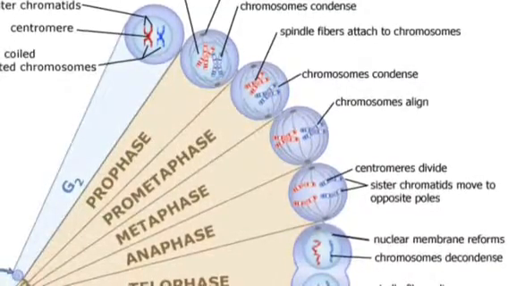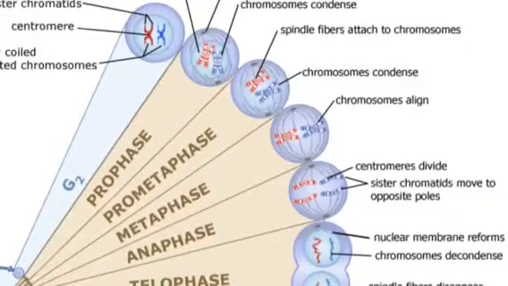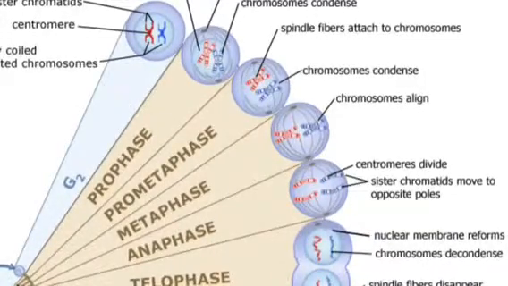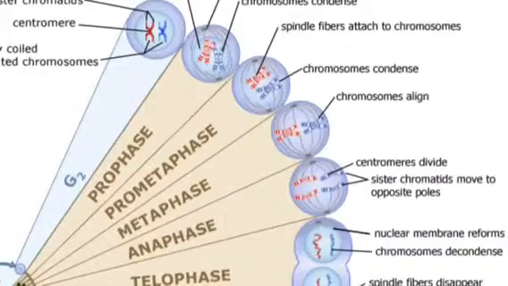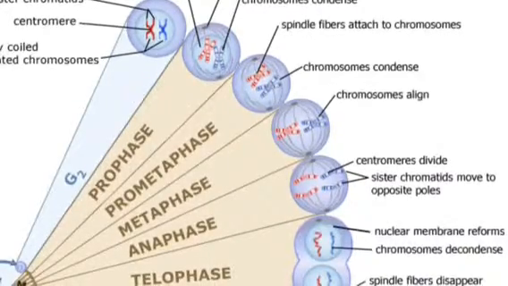Anaphase. The chromosomes separate and move along to the opposite ends of the cell. Telophase. Chromosomes line up and begin to spread out into tangled chromatin. And then cytokinesis,